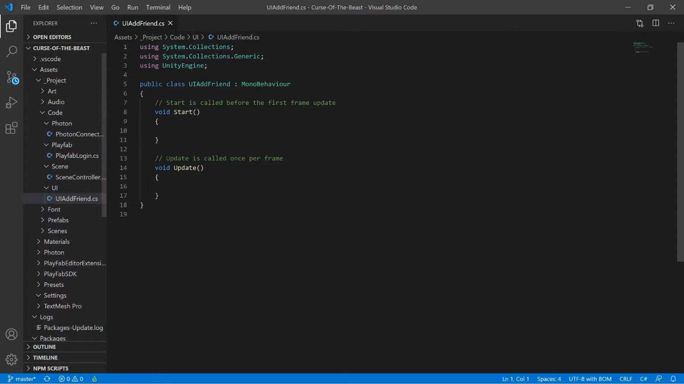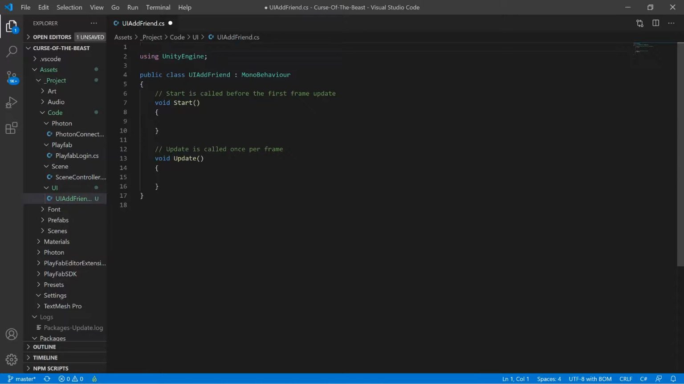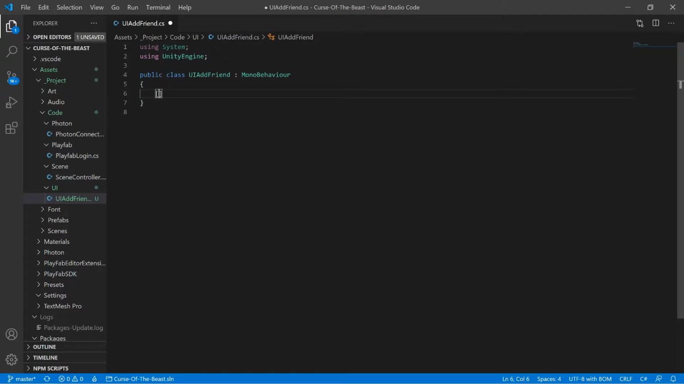Let's open this up. Let's get rid of these first two using statements and add a using System. Get rid of both of these default Unity methods. So what we want to do here is a serialized field, and this will be a private string displayName. Then we'll do a public event. It'll be static so others can see it, and we'll pass a string. It'll be OnAddFriend